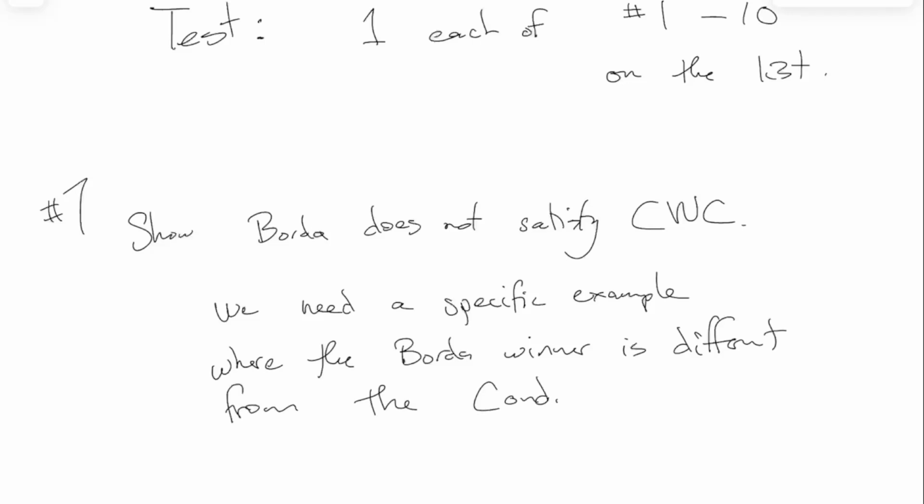Because that's what the Condorcet winner criterion says. If it does satisfy, that means that the Condorcet winner always also wins the election. But if it does not satisfy, it means that there is a Condorcet winner, but they don't win the election